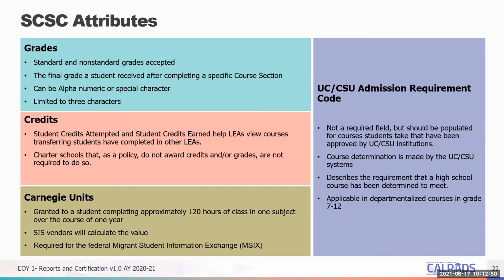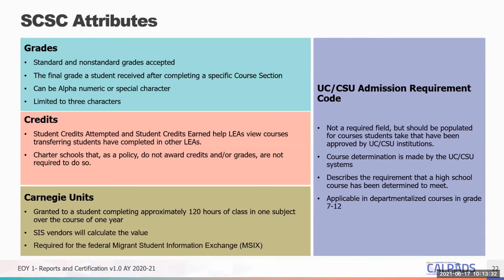But as far as once you have submitted your courses, you're going to submit the completion information of those courses. That's the SCSC, that's the student course completion. And so an important key element is the grades. And there's not much to it, right? Other than you need to know that it's alphanumeric or special character. So there's no limitations if you have a non-standard grading, other than it can only be 3 characters, right? So if it's 100, 90, 80, that's your grading scale, that's fine. If it's A, B, C, or D, F, that's fine. If it's AA, BB, CC, CD, whatever it is, that's fine as well.